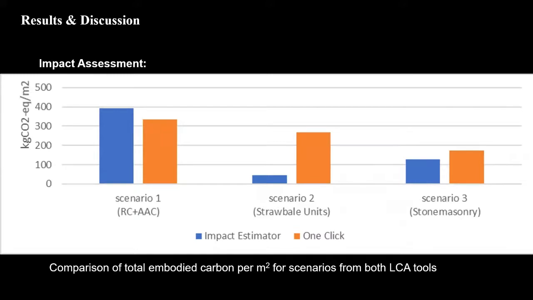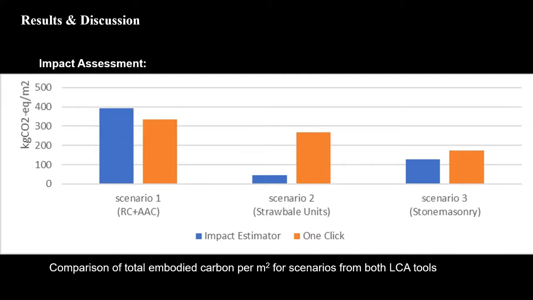The second graph shows all the embodied carbon emissions. The difference between scenarios is more visible in this one. You can see a sharp difference between two tools on scenario 2. It is mainly because one doesn't take the carbon absorbed by the plant-based materials like straw bales and timber, while Impact Estimator does. This difference also shows how important the afterlife scenario is for